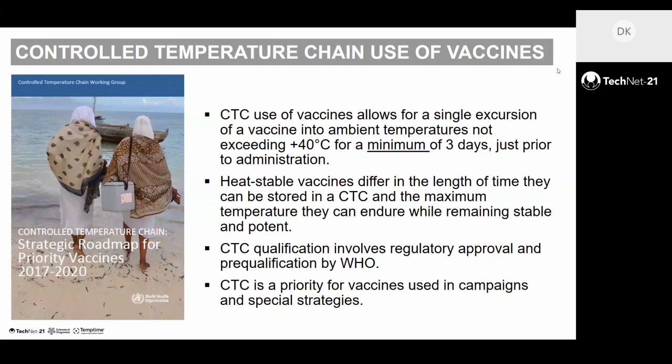But because CTC is on-label use, the storage recommendation becomes part of the product label, and so CTC-qualified vaccines are approved by their national regulatory authority in the country where the vaccine is produced, and also by WHO as part of the pre-qualification process. And as you can imagine, there isn't much benefit to having one vaccine that's a routine vaccine that's CTC qualified when all the other vaccines that it is transported and stored with are not. One vaccine in the cold chain and the others not in the cold chain doesn't make sense. So the focus for CTC is therefore on vaccines used in campaigns and special strategies like outbreak response or outreach